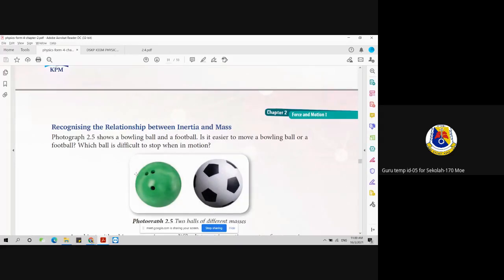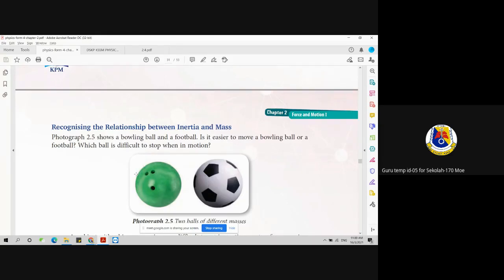After that, you write it in the chat box. Is that my voice? Can you hear me? Higher, if it has higher mass. Okay, okay. How about others? I want most of you to write in the chat box. Higher inertia, higher mass. Higher mass, lower inertia.